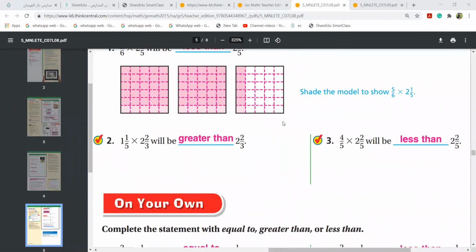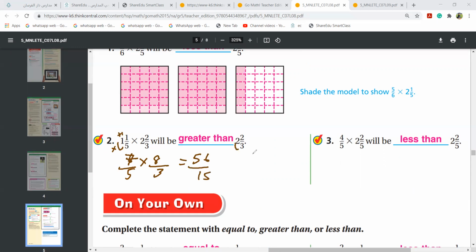Here, this is greater than. Now let me solve and show you here. Of course, 1 multiplied by 2 is 2. Or let me just do the other way. 5/6 over 5... 7 over 5. If I open it, open it means you understood, right? 5 times 1 plus 1. 7 over 5 multiplied by 8 over 3. I get 56 and I get 15.